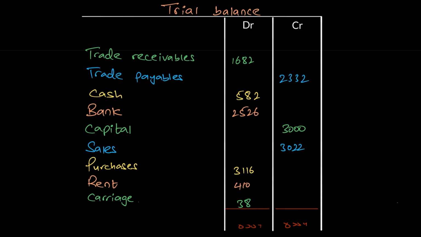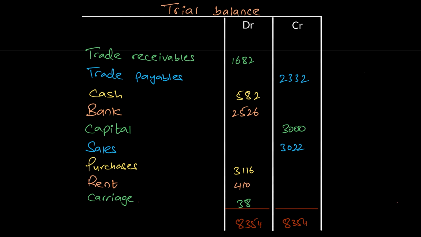Okay, now let me show the total of the debit column. If you had all the debit balances, you should get 8354. That's for the debit column over here. Now let's add up the totals for the credit column. Yeah, that's also 8354. So you can say your trial balance has now balanced over here,